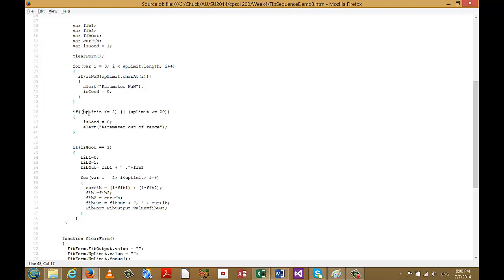Now it checks to see whether or not the upper limit is within the proper numeric ranges. And if we've input a value of 12 or something like that, 12 less than equal 2 would be false, 12 greater than equal 20 would be false. I'd have a false, false, false, false, ORed would give me a false, and I would stay out of here. If I enter a value of, let's see, -1,